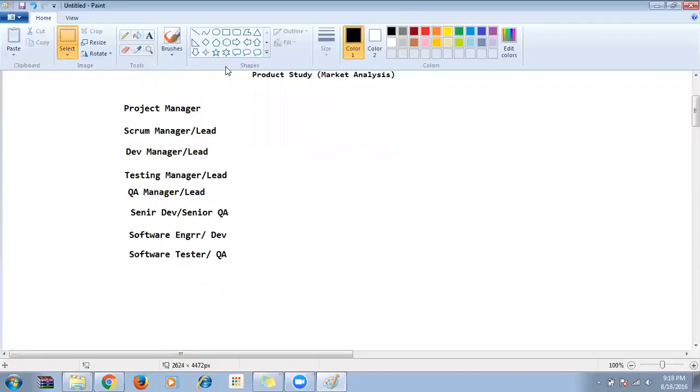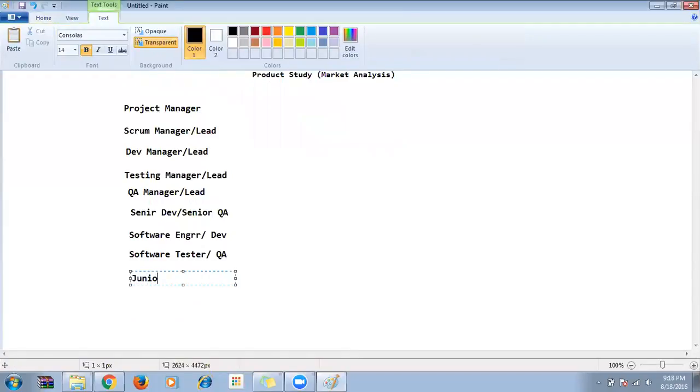Along with that we also have junior dev, also junior QA.